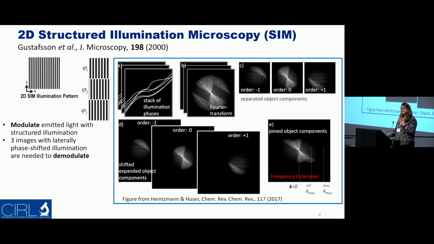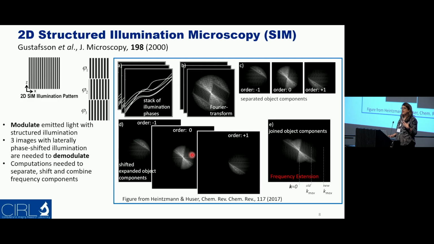You can get phase diverse images, which you really need to demodulate the information being captured. And then he proposed a set of computations to separate and shift the different components due to the sinusoidal pattern,